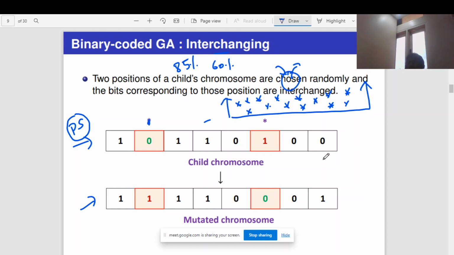For example, if the number of possible solutions for a given problem is say 20, then I can check all 20 solutions and identify which is the best, right? But assume that the number of possible solutions for a given problem is 20 crores. This many solutions are available. Then is it possible for me to check each and every solution and identify the best solution? No. Okay, then what do we do? Then we go for optimization.